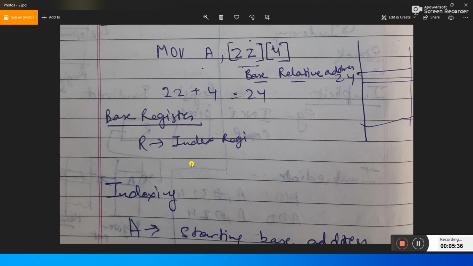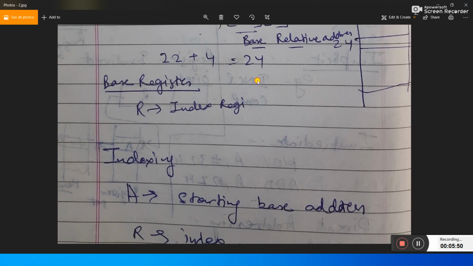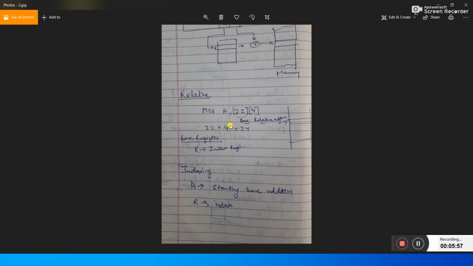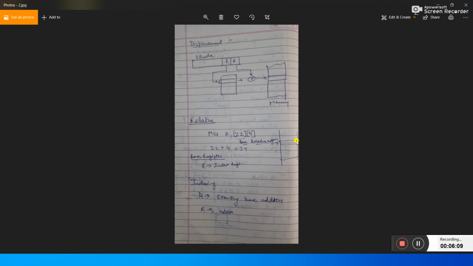In this mode we have the value of the register, and whatever the value in R is will be added to the memory location. Then indexing: in indexing we just add the location in this addressing mode to the value, the corresponding location will be targeted, and the operands will be fetched from there.